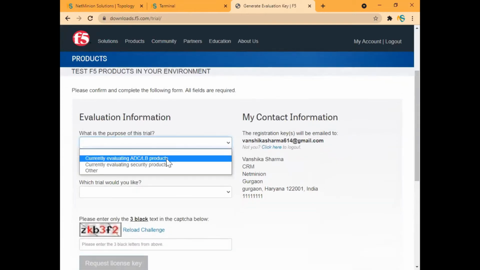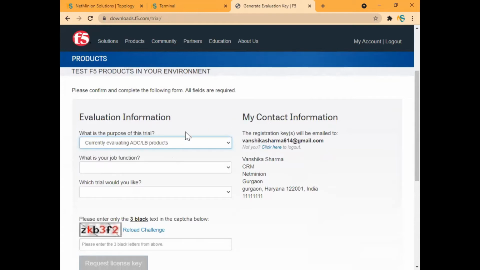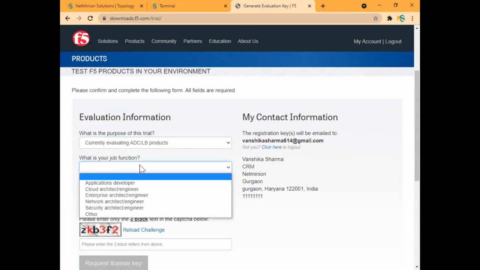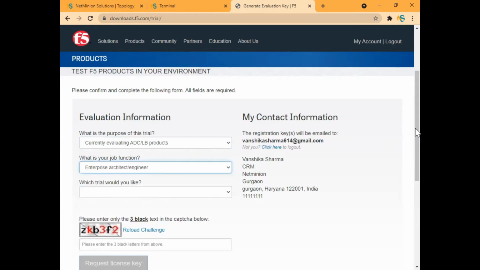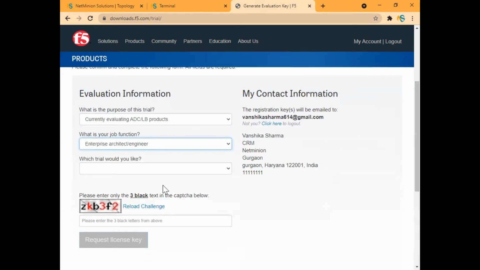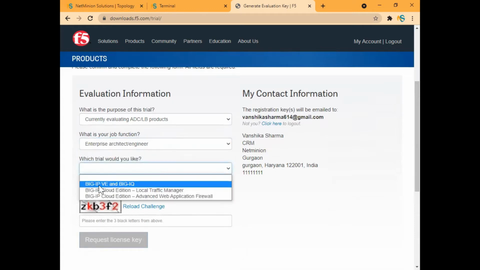Maybe I am selecting that I want to evaluate the LB or the ADC, application delivery controller. I told you, right? ADC products. What is your job function? Whatever your function is, maybe I am an enterprise architect or engineer. Which trial would you like? I want the trial for the BIG-IP devices, so I would be selecting BIG-IP.